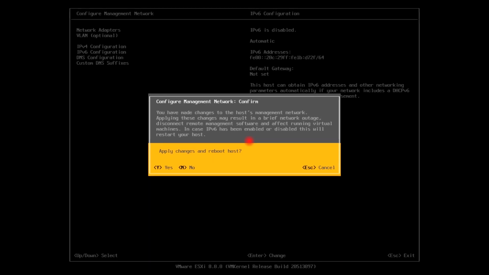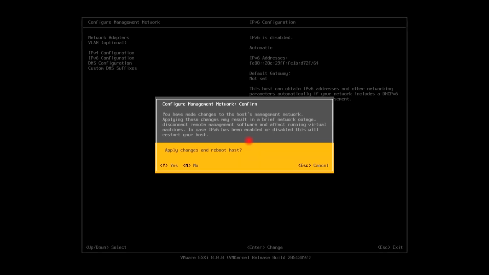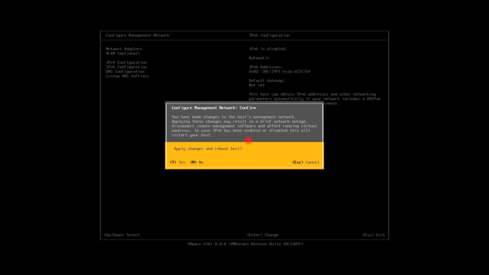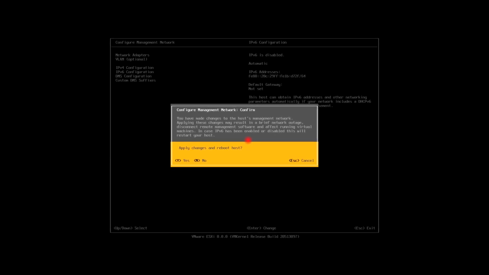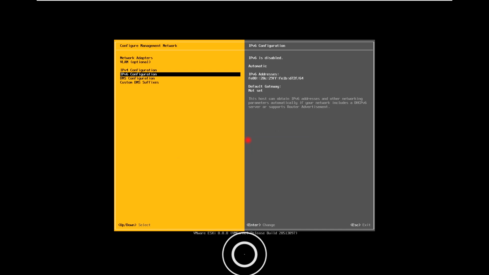So it is asking me to press Y to reboot the host because we have disabled the IPv6. I will press Y. It will reboot the host.